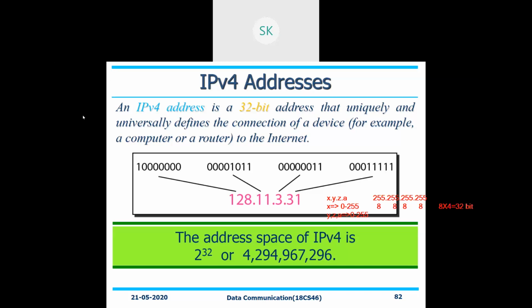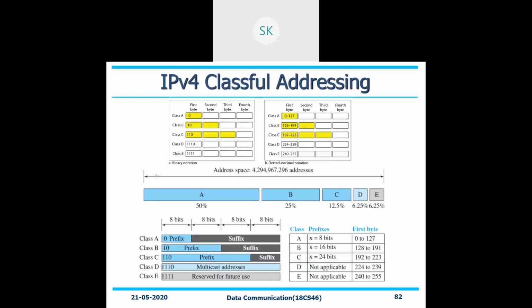So that's all with respect to this addressing format. We'll move on to the next one. Classful addressing. What is classful addressing all about? See, in classful addressing, mainly there are a lot of address spaces, right? So 2 to the power of 32, whatever that is, will be taken care of. Classful addressing means they have categorized the entire IP address space into 5 different categories. One is class A, another is class B, another is class C, like that. What are class A, class B, class C all about?